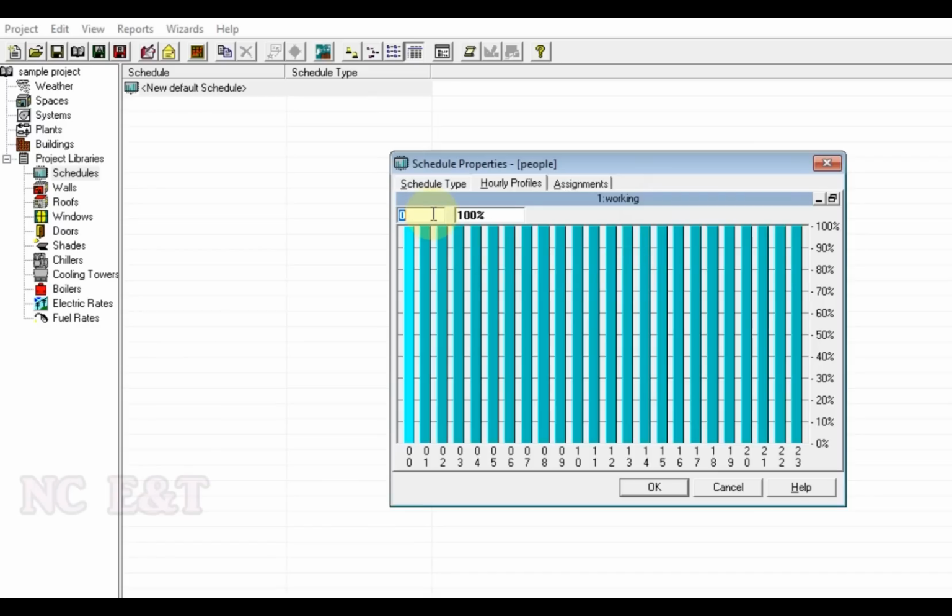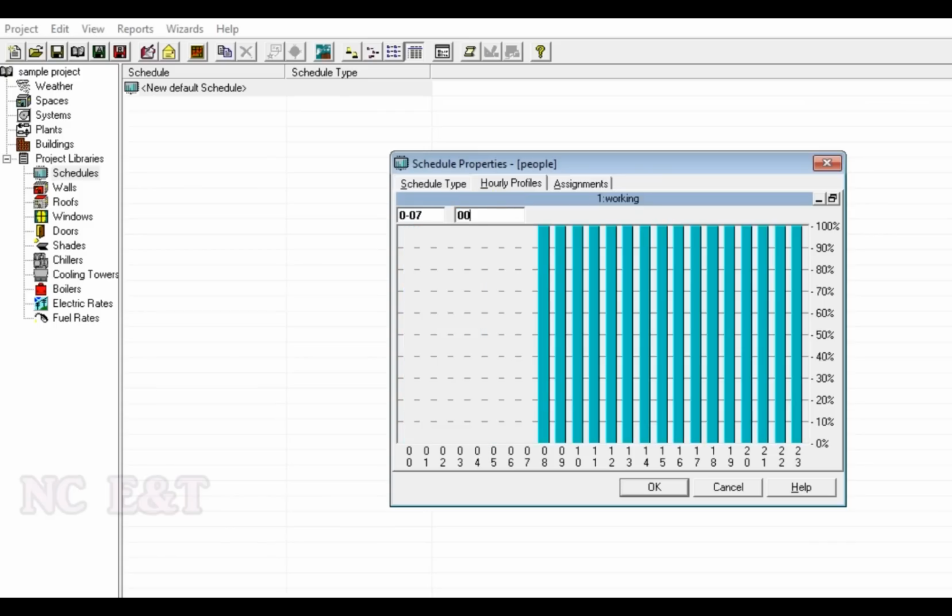From 0 to 7 there will be no one available in the office, so we'll make the occupancy 0. Then from 7 to 8 people will come. Let us assume this is 30%, and after 8 up to 5 there will be full capacity.